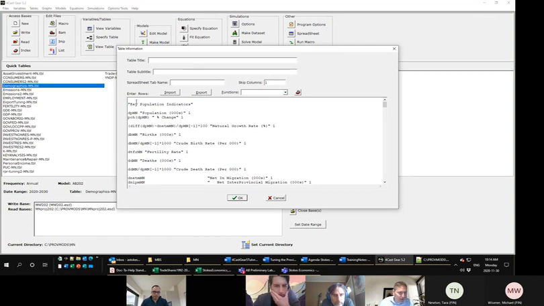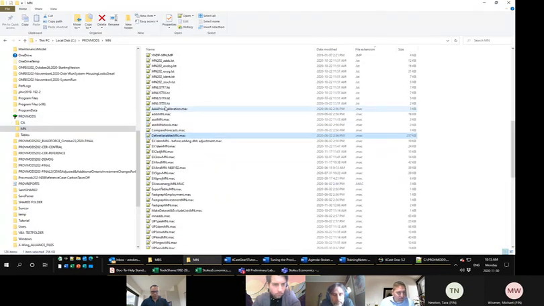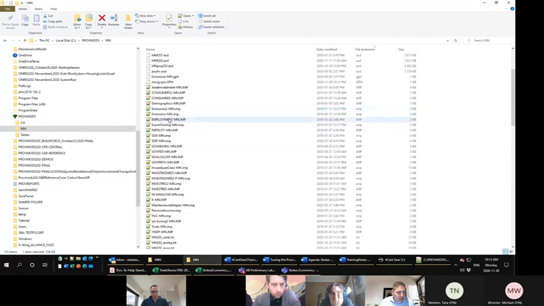So if you want to create a table, you can do it within this box, but I do not recommend it. You want to use a good quality text editor in this case. That's where these import and export buttons come into play. When I say export, for example, it says export table rows, IMP file exists, replace, yes, it's fine. Now I go to the MN folder, for example, and within this folder,